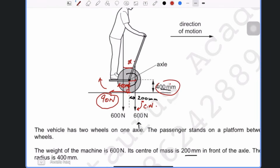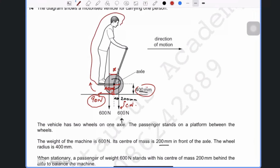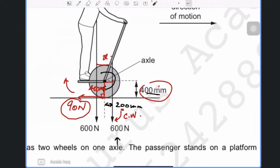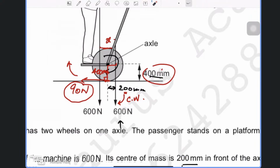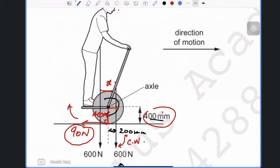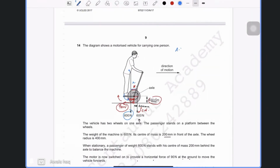Now we got to find where this person should stand, because if you look at it, only this person is trying to tilt it like this, right? So this person is providing an anti-clockwise moment. That's 600, and we don't know the perpendicular distance from his center of gravity, that's x. So we're going to make the equation: anti-clockwise equals clockwise. So anti-clockwise is 600 times x equals